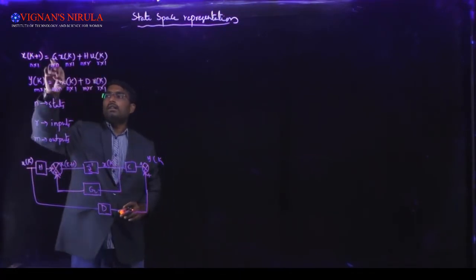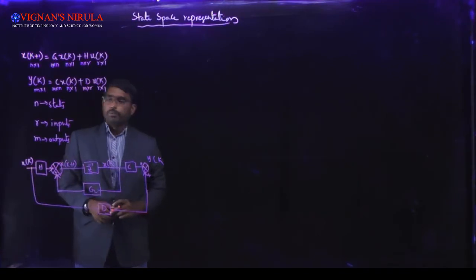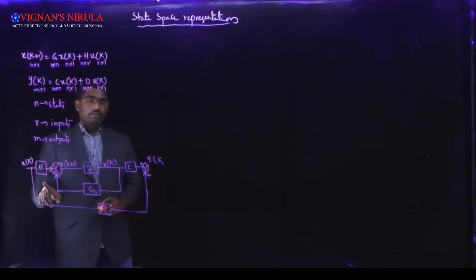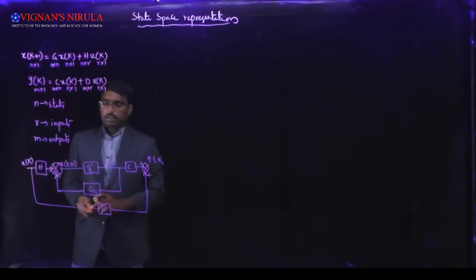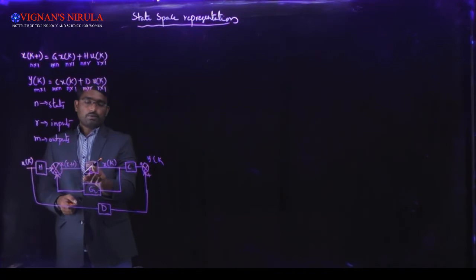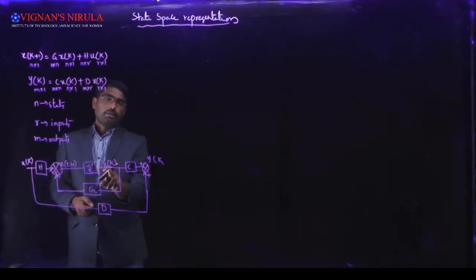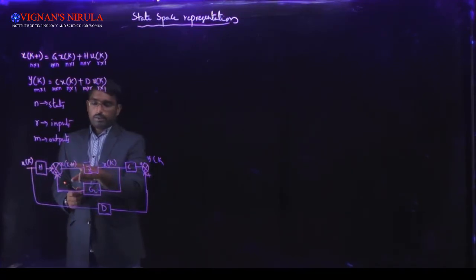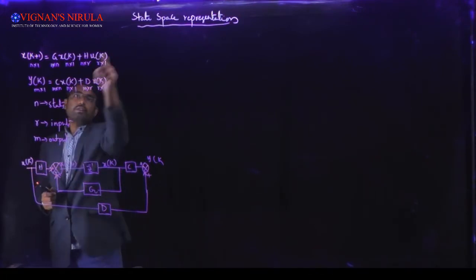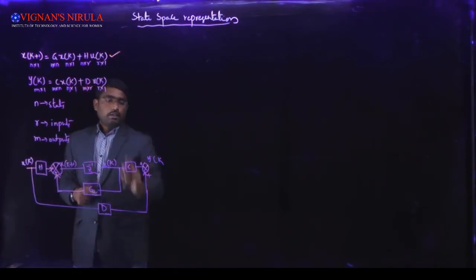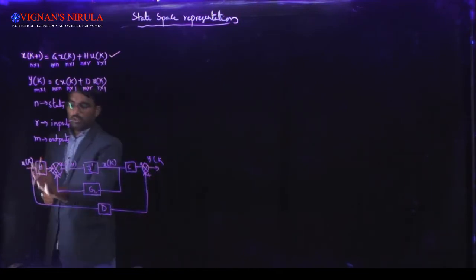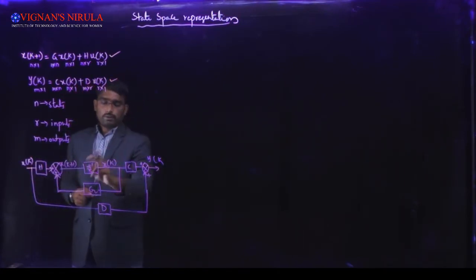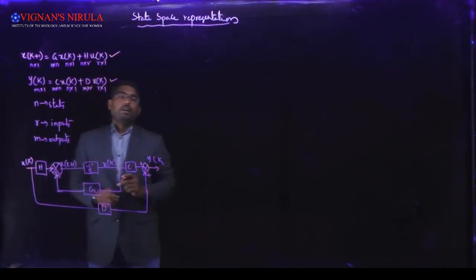This is called the state matrix and this is called the input matrix. And here this is the block diagram which is showing the discrete time system, showing the state equation and the output equation. See here, this is x of k plus 1. When it is passed through z inverse, you will get x of k, the previous state. x of k plus 1 equals G into x of k plus H into u of k, that is the first equation, the state equation. And y of k equals C into x of k plus D into u of k, that is the output equation. So this is the diagram showing the state equation and output equation.